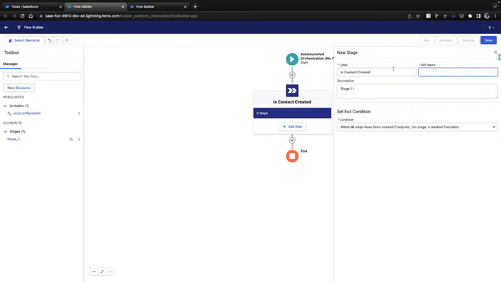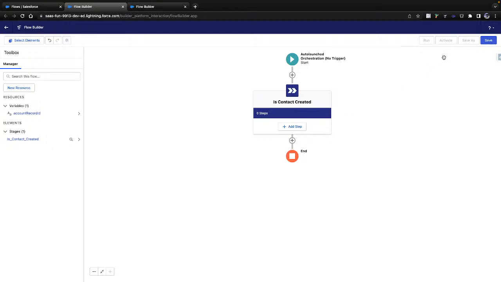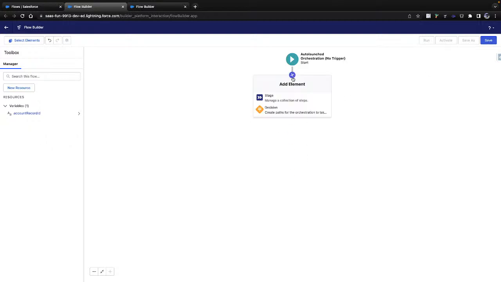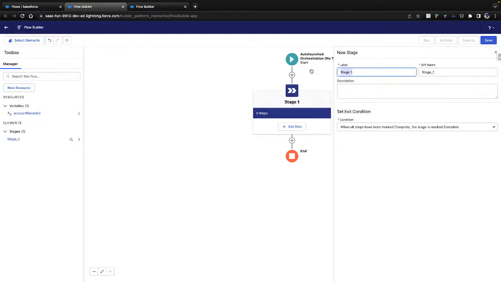I expect to create a contact as soon as the account is created. Okay, I'll update. Or am I making it more complex? Let me delete it and make it a simple stage.